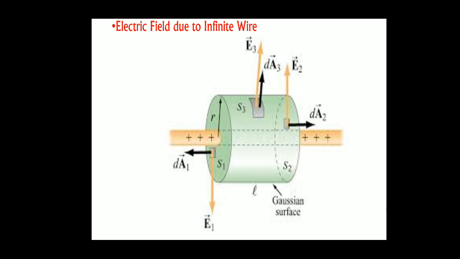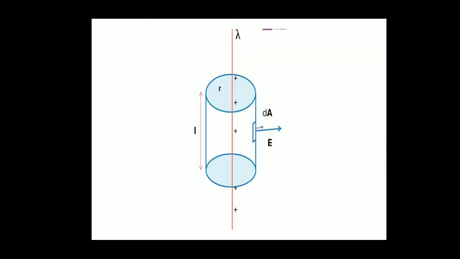The same arrangement. Can you see here the wire which carries charge, and the green colored one is the cylinder, and this is the curved surface. Angle is 0, and here it is perpendicular, and here also it is perpendicular. And see, the electric field is from the positive charge. Radially it is drawn in the outward direction. So this is another simple method of drawing a diagram.